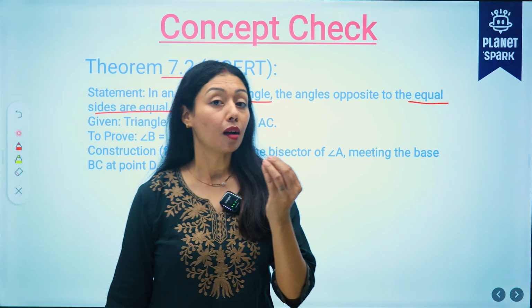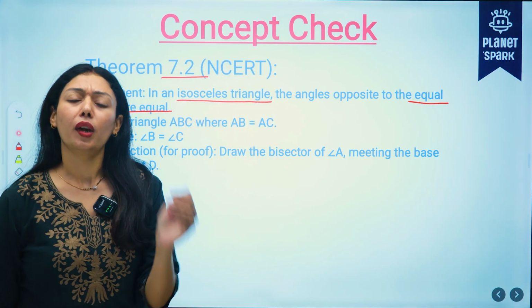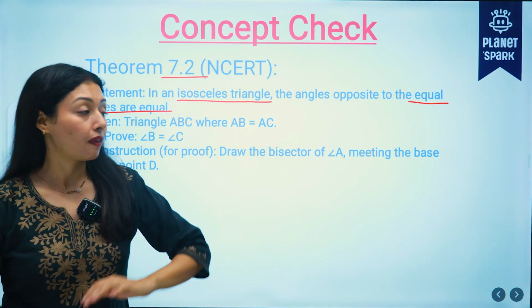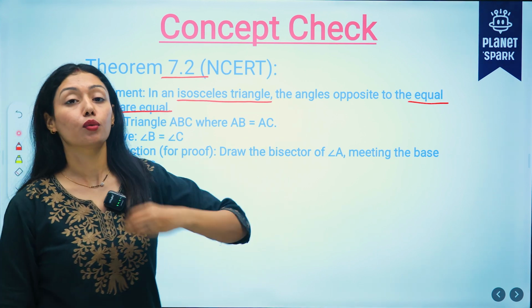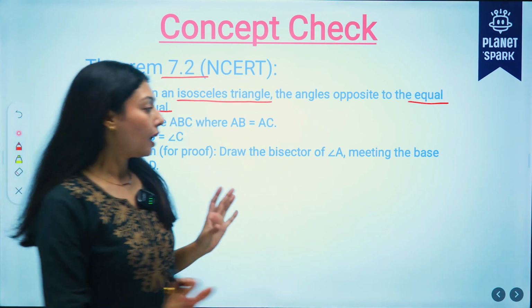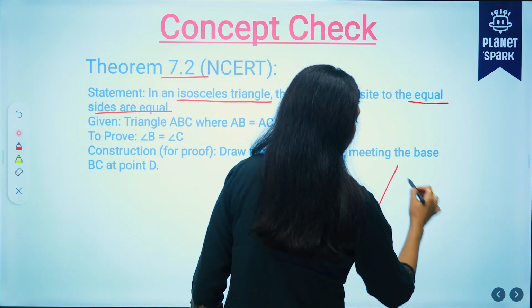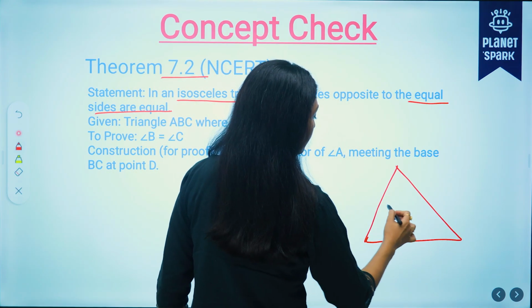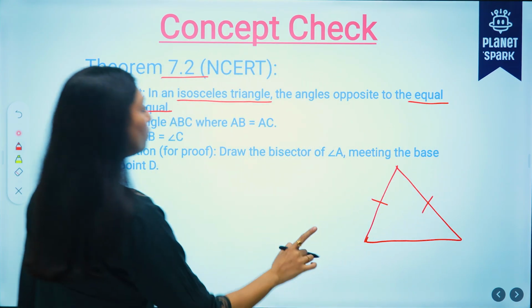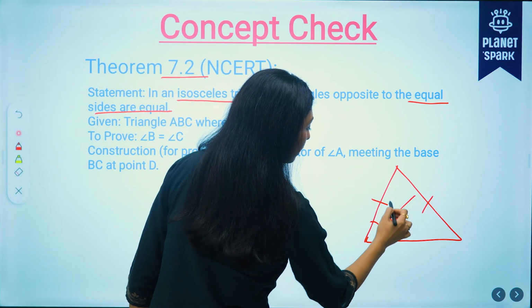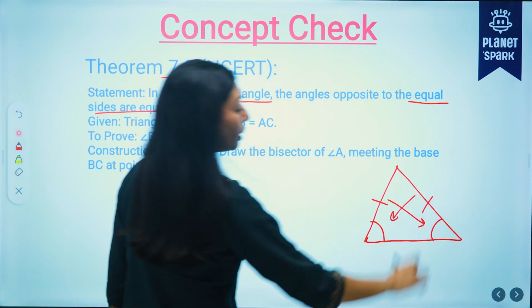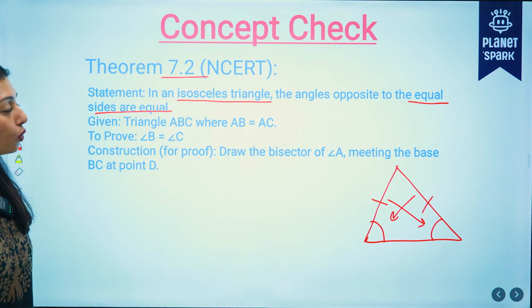अभी ये property हमने पढ़ी है, सीखी है. Where do we get the proof from, that we'll try to understand today. Right, we know the property, now we'll try to prove that theorem. Isosceles triangle में क्या होता है? Yes everybody, we know two sides are equal. Now we have to prove that the angles opposite to the equal sides, right? तो equal होंगे ये angles भी. That is what we have to prove there.